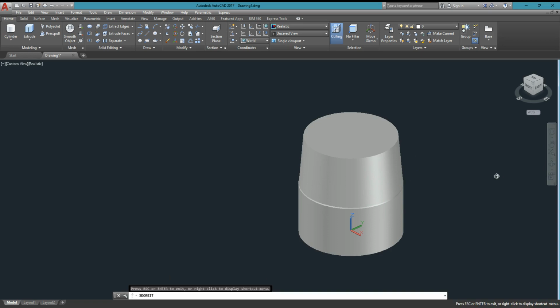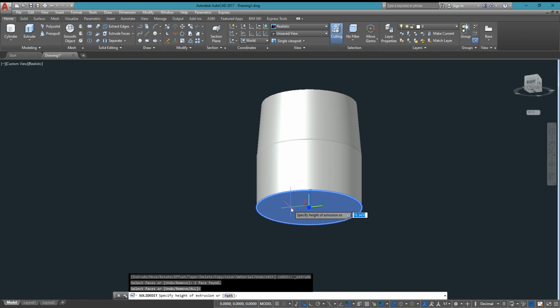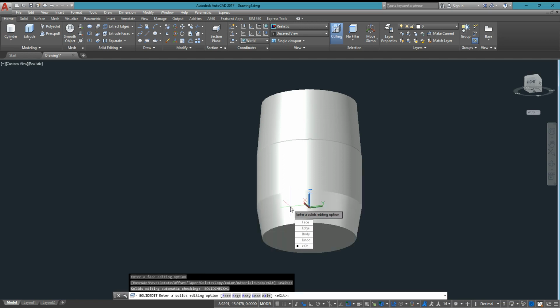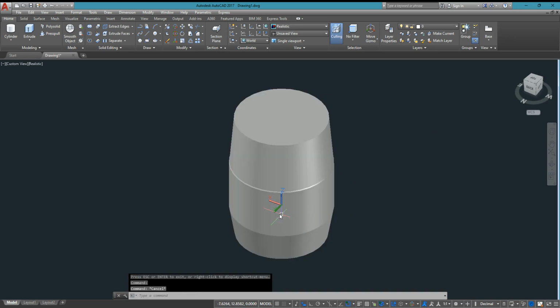So here again, let's try our view, and then I will try to get the bottom part by using our extrude faces. Let's have a value of 30, and then we get the taper on the end 10. So that will be the reduced side of that bottom part of the cylinder. When we check the value, we can see it is tapering to a smaller value than the existing size of the radius of the cylinder. How about a box example?